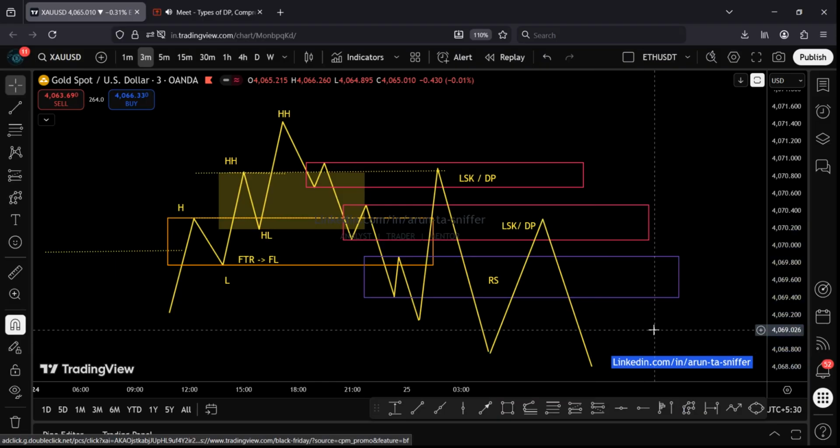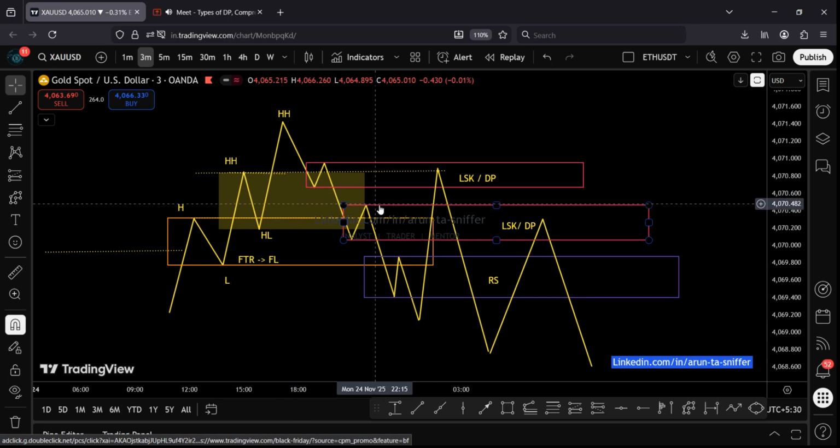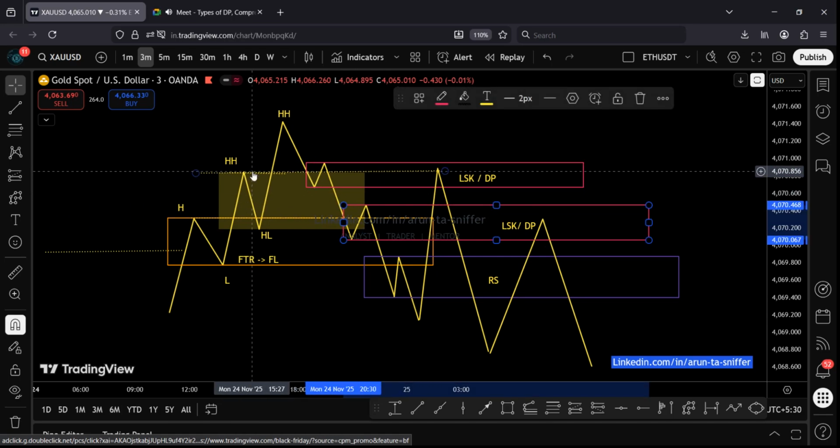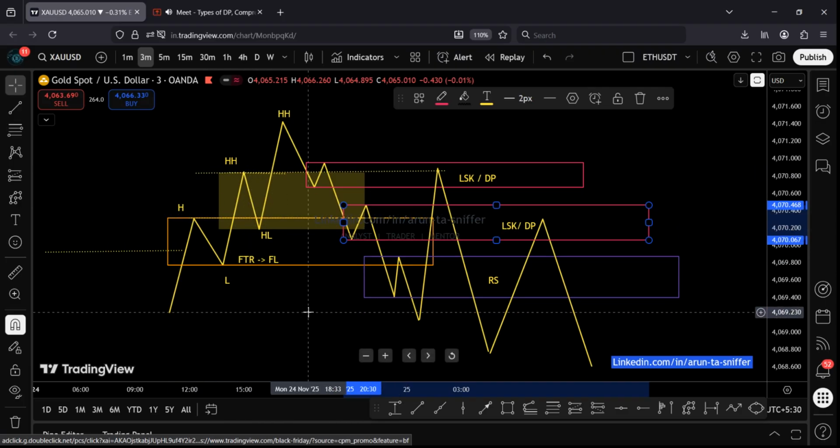Do you see how the DPs, sitting one above the other, are working? This one is working as RS for this flag and as DP of this flag limit. You see how the role changes? Roles change, how flags sit one above each other, and how the DPs keep changing the roles.